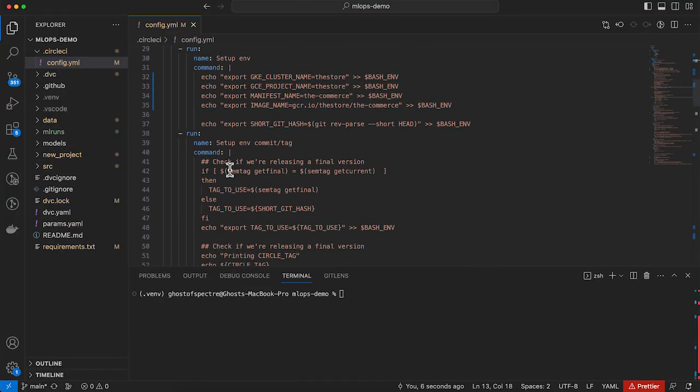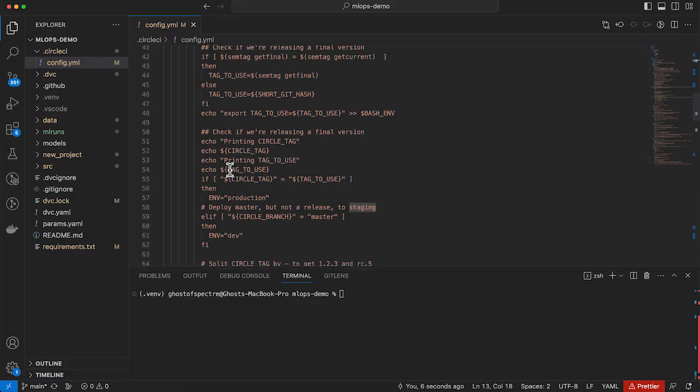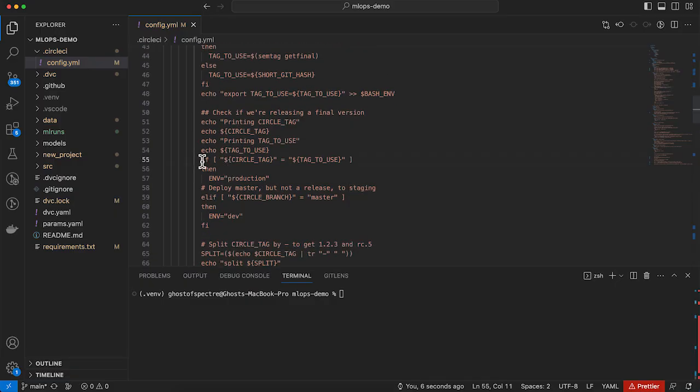If I come down into the command that we run, you'll notice down here we actually have an environment variable that we check to make sure we know which environment we're working with. So in this case, if we have a specific tag, then we change the environment to production, or if we don't, then we use the environment for develop. This is how you can start to update and customize your CI/CD config to handle a lot of different deployments to different environments.